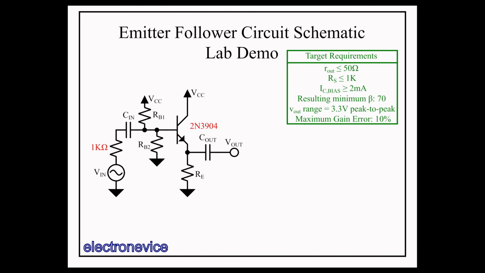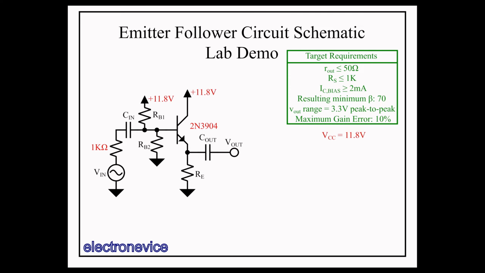Let's start with setting VCC to 11.8 volts as we did in previous videos, as that's what my lab setup's positive voltage rail is. Now, in order to keep the collector current from getting too low, we'll want to push the zero input emitter voltage as high as we can so we can keep the emitter resistance high. The maximum emitter voltage we can use is essentially constrained by the base voltage. We know the peak-to-peak base voltage will be approximately the same as the peak-to-peak emitter voltage, as the gain is approximately 1. So we need the base voltage to be plus or minus 1.65 volts around some value.